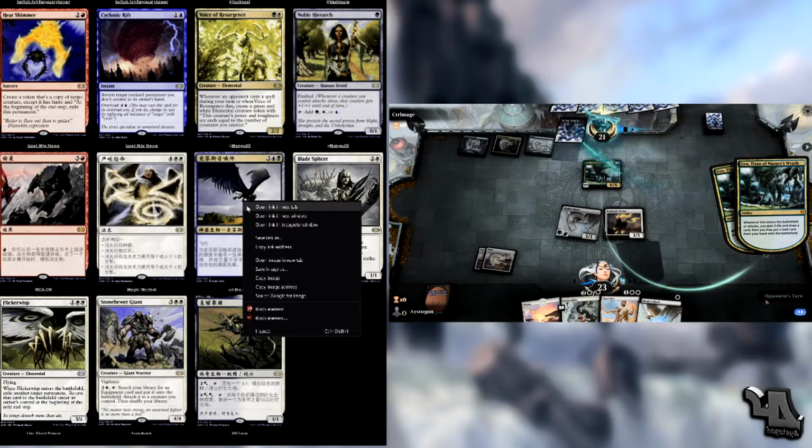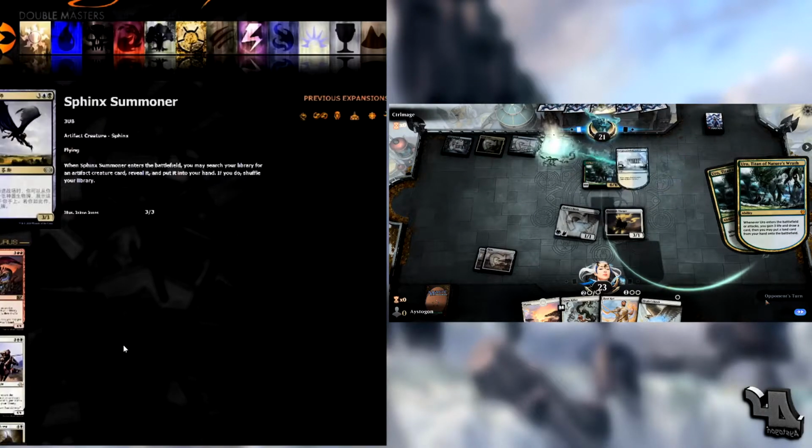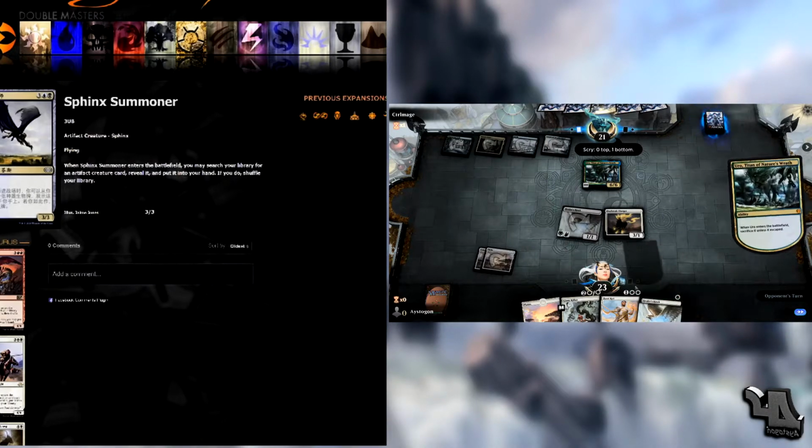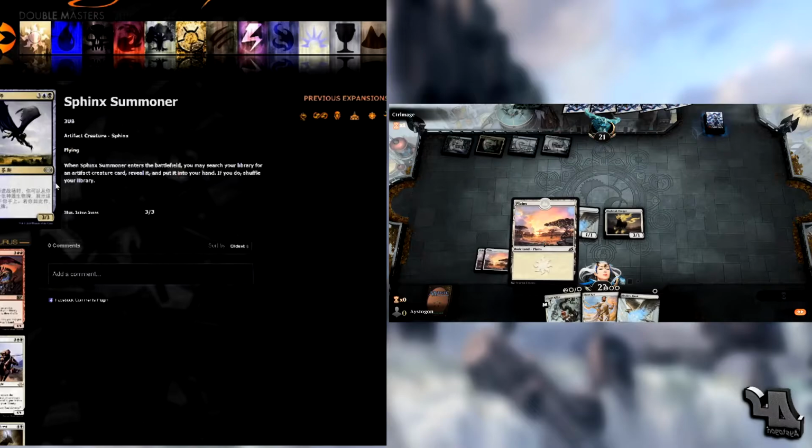I have no clue what this card is. Let's check this out. This is Sphinx Summoner. Enters the battlefield, search your library for an artifact creature, reveal it, put it in your hand, shuffle your library. Okay, at this rarity, I guess it's okay. But even so, you don't want to put this